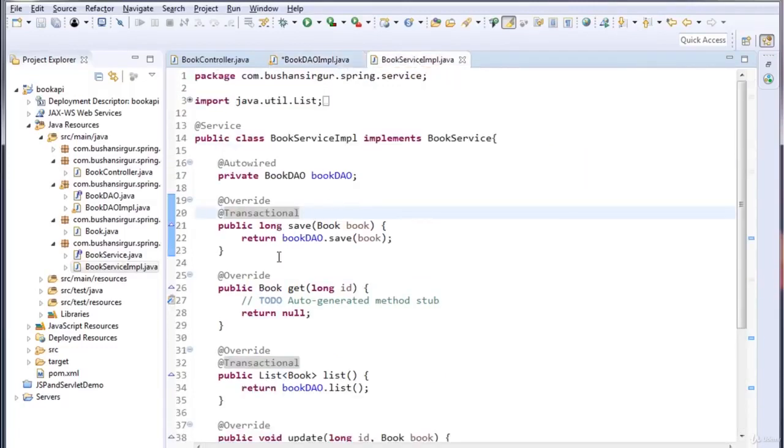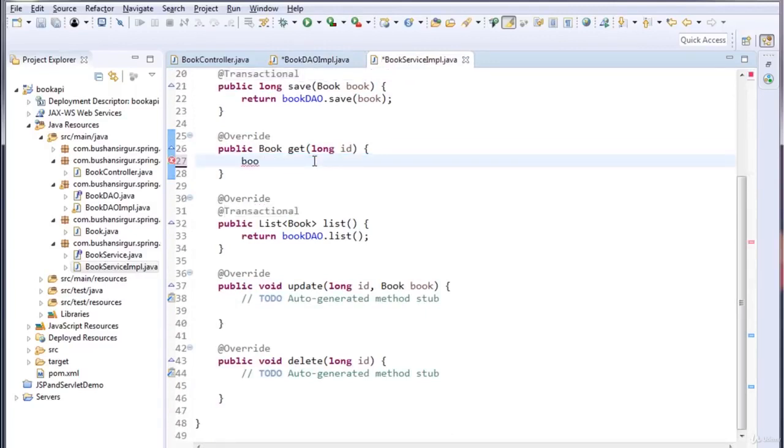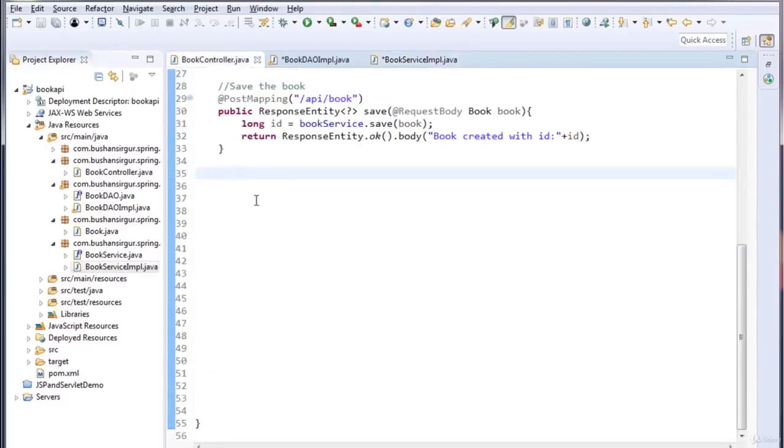I'll go to the service implementation and I'll remove these comments. I'm going to call the DAO method bookDAO.get, and I will pass the book ID, and I'm going to return it back to the controller. And I'll go back to the controller. I'll write a comment, get a single record,